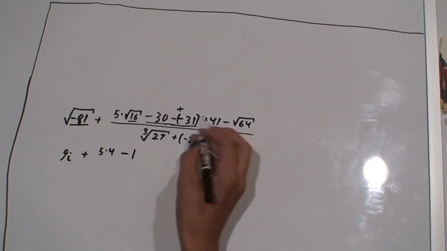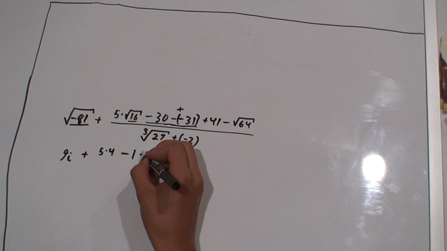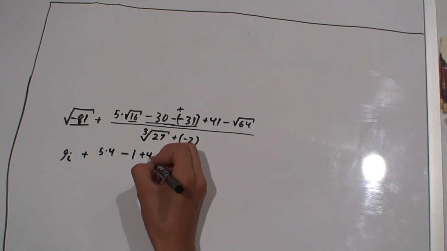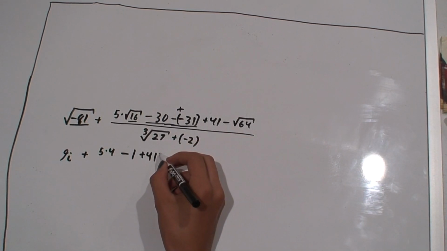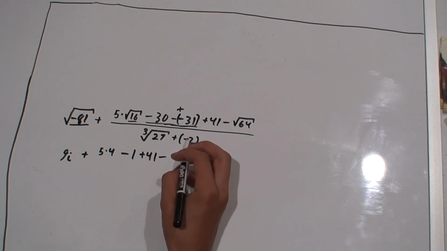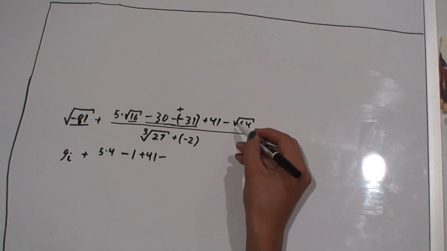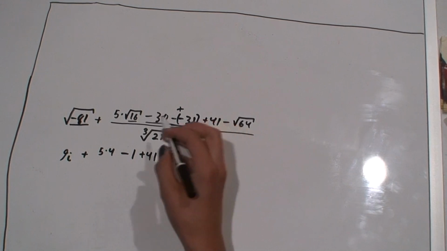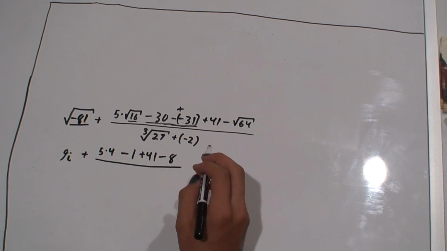On this end, we have plus 41 minus, and then the square root of 64 is 8. All of that divided by